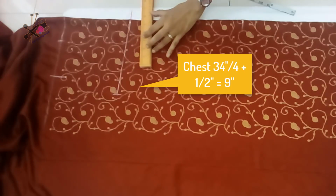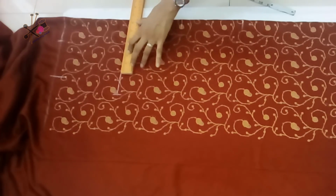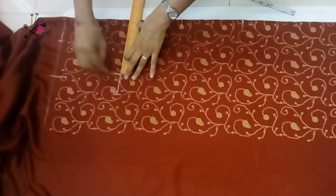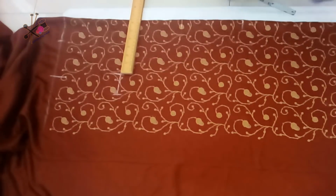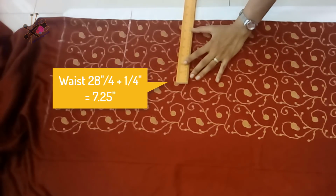Chest, 1/4 of chest plus half inch, because this fabric is not very thick. If the fabric is thick, then you need to add 3/4 of an inch. Here on this line we mark half inch less than the shoulder. Waist is